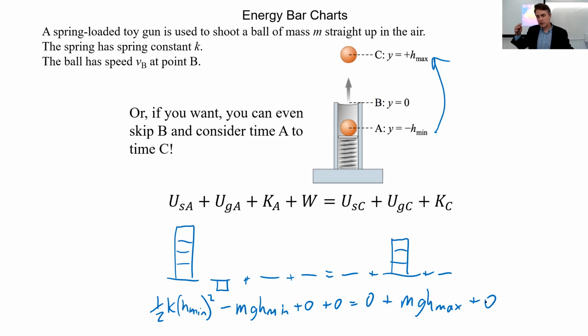Yeah, and if we're going to talk about this a little bit, Drew had a good question. If you set y equals 0 to be at position A instead of at position B, you can do this whole thing and you'll still get the right answer. It's only the change in the gravitational potential energy that's going to matter when you're actually solving the problem. Your energy diagrams would look different. They would all be a little higher, but you'd still get it all correct.